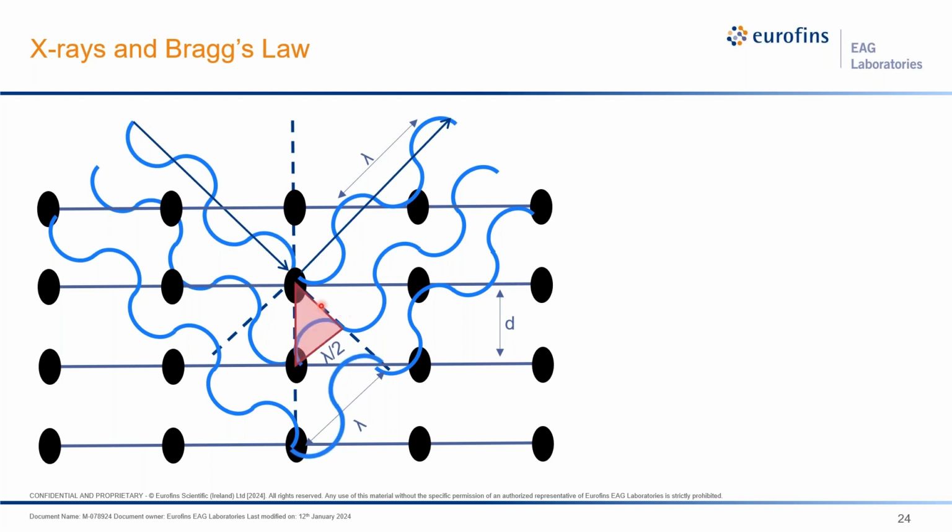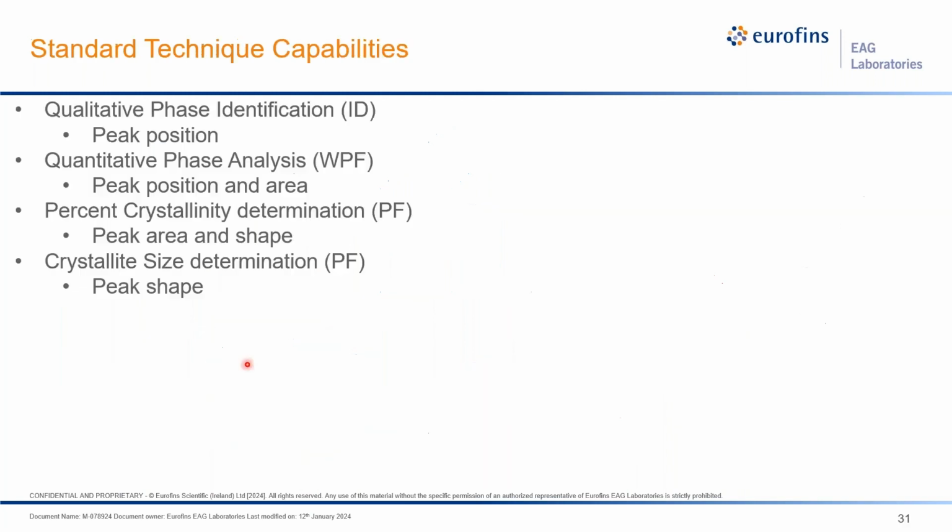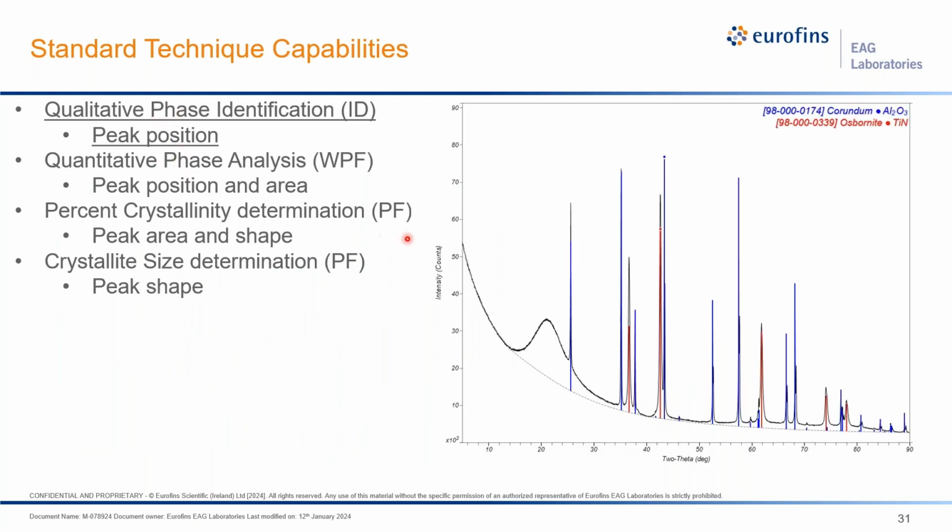And what that means is that we can draw this triangle here and go back to our wonderful trigonometry from high school. And we call this angle theta. So this angle here is 2 theta. And with a little bit of SOHCAHTOA, we can work out this nλ = 2d sin θ, which is Bragg's law. So what that means is that if you have a repeating structure, you will satisfy these diffracting conditions. And these diffracting conditions are what give you the peaks in an XRD spectrum. And really, that's the bread and butter of materials identification, the phase identification of crystalline materials.